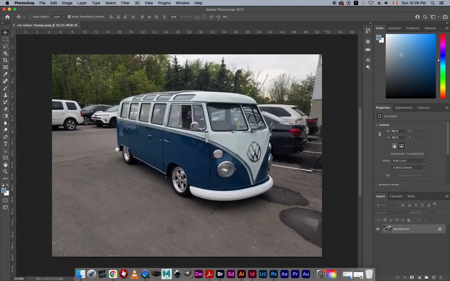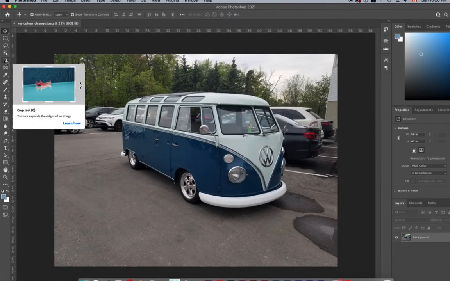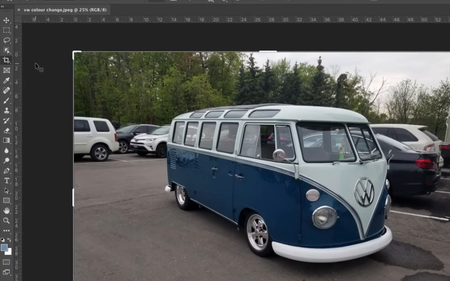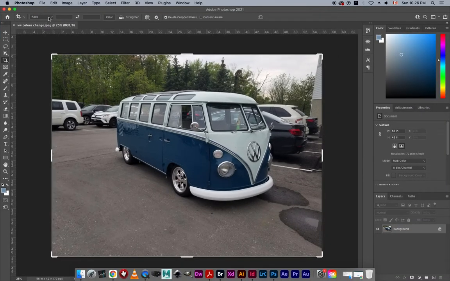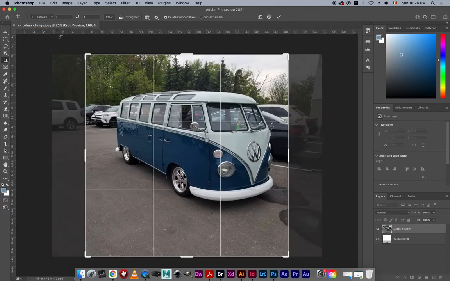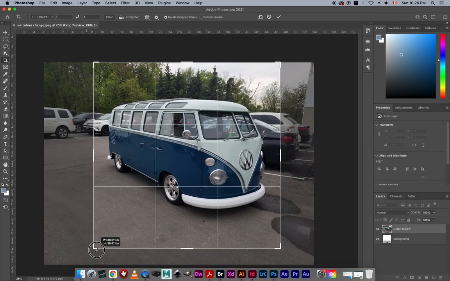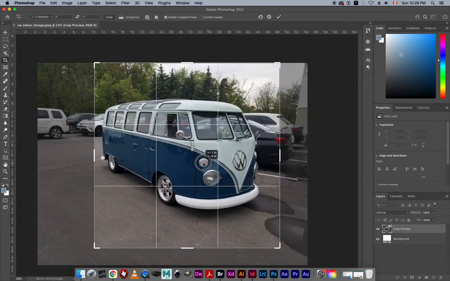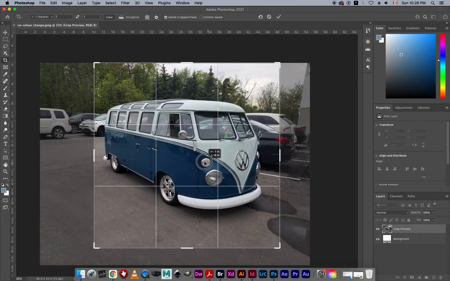One of the first things we're going to learn is how to crop a photo using the crop tool. So this is the crop tool right over here. You can learn some cool things by clicking lower how, but for now I'm just going to show you. Click here. You have some options. Right on the top left, I'm going to click a one-to-one square, which is kind of like a fan favorite with the Instagram crowd. So what you're going to do is you're going to click and drag and kind of crop the image so we kind of get rid of the riffraff of the other cars and just kind of focus on this vehicle. Click and drag your image inside the rectangle, sorry, the square, and